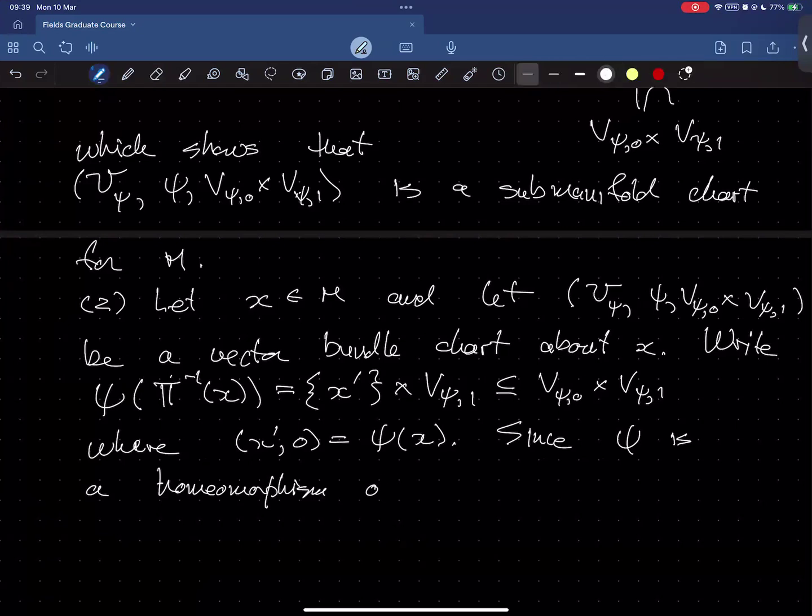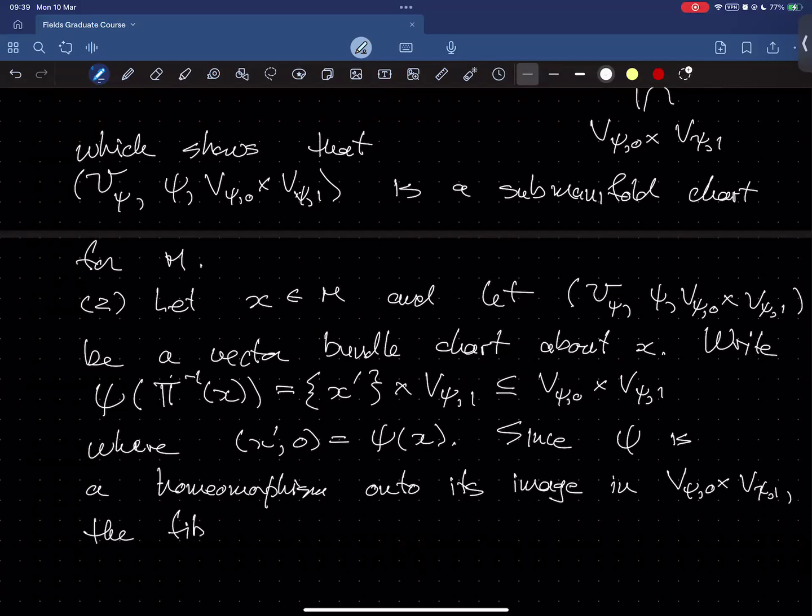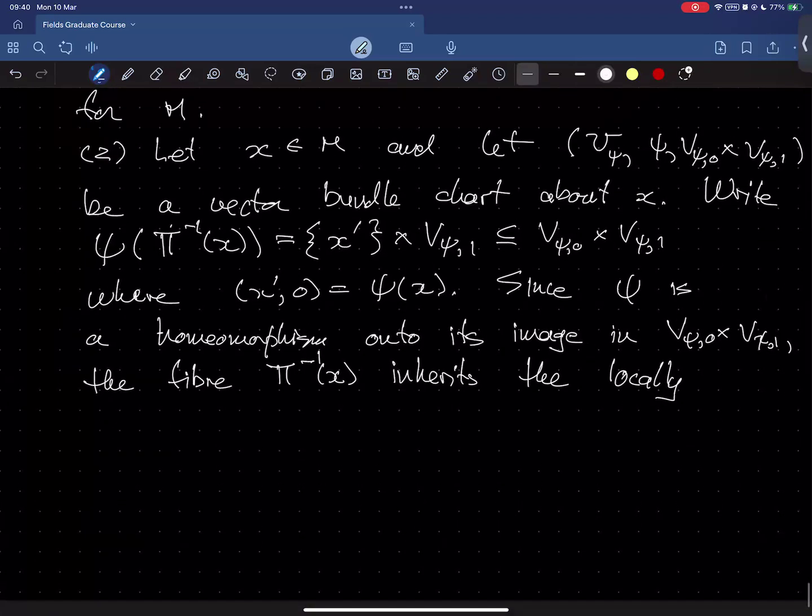I should say a homeomorphism onto its image in V psi 0 cross V psi 1. The fiber pi inverse of x inherits the locally convex structure from V psi 1 under the map